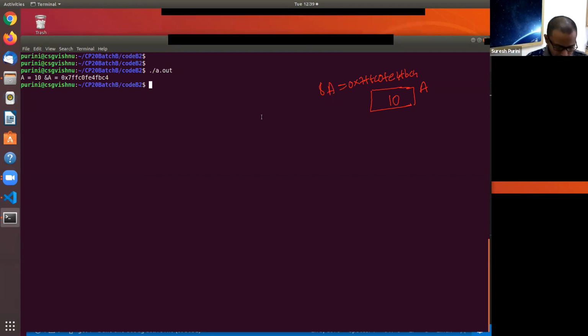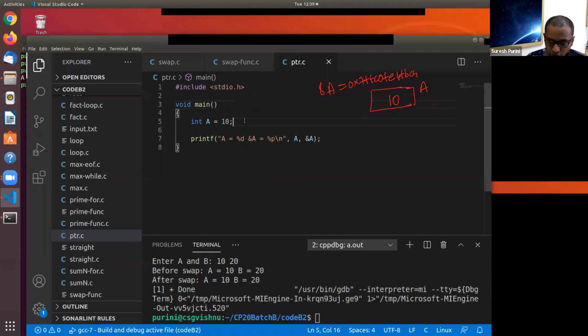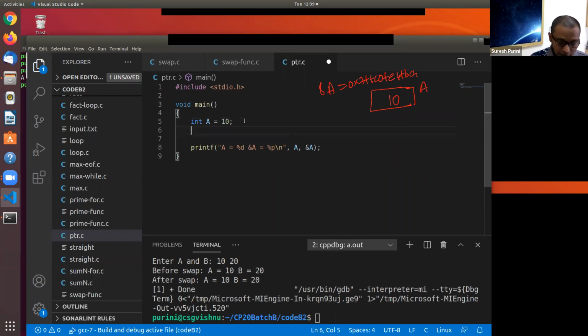So now let's go back to the program. Now we introduce a new data type called the pointer data type. Let me use int star ptra. So ptra is a variable. Its data type is int star. That is, ptra holds values, and what is the type of the value? That value is an address to an object or a variable which is of type integer.